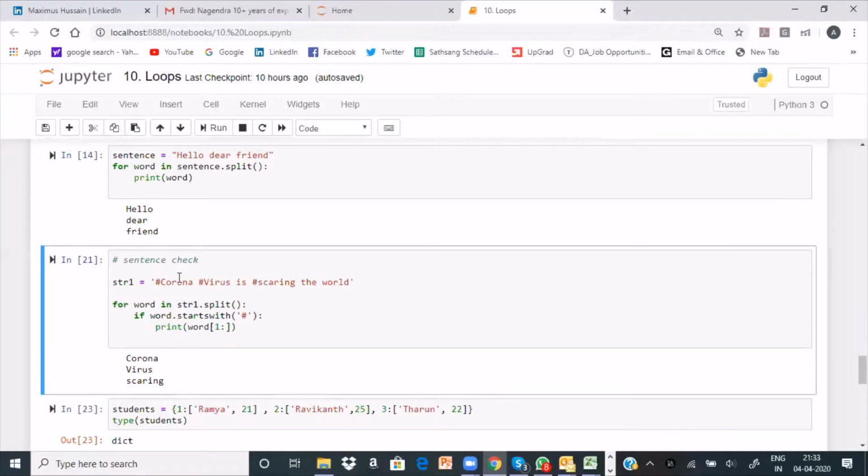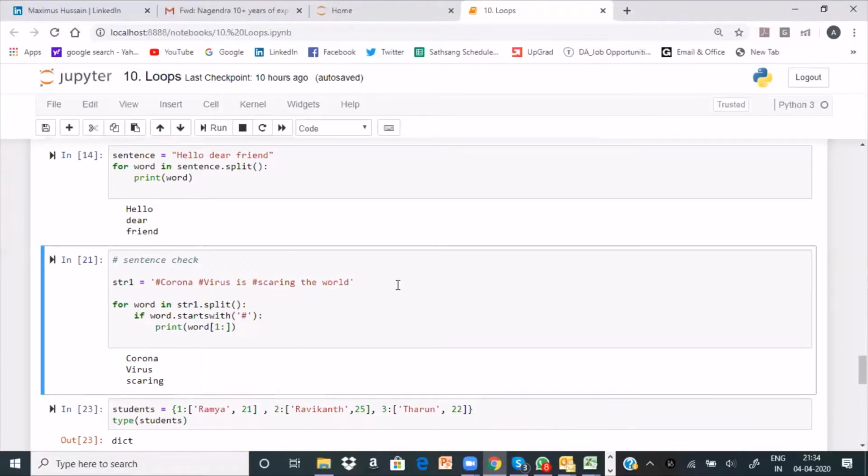Sentence check. Basically, I'm creating a sentence and equating it to string1: hash corona hash virus is hash scaring the world. For word in string1 dot, first I'm splitting all the words.